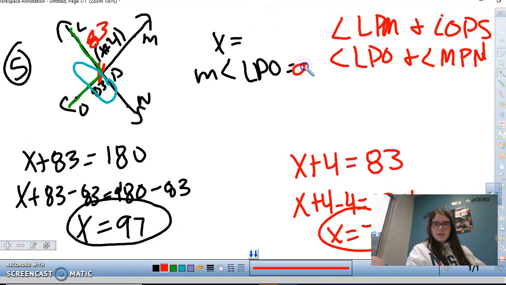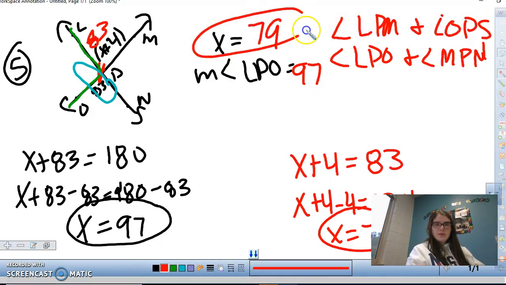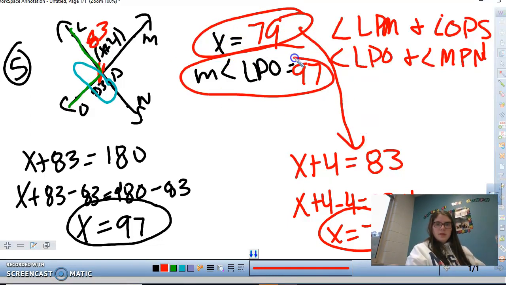So I said this one is 97, and then we got x equals 79 for this one. This one came from here. This one came from